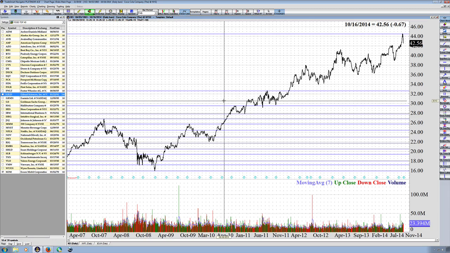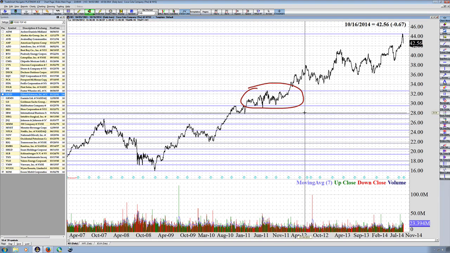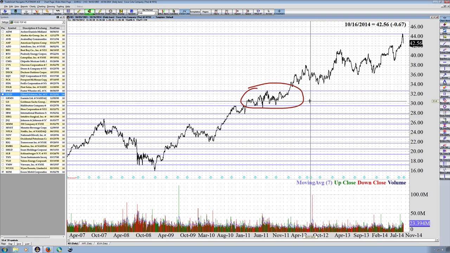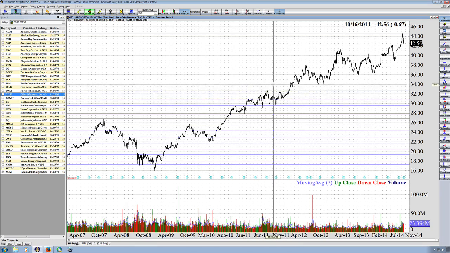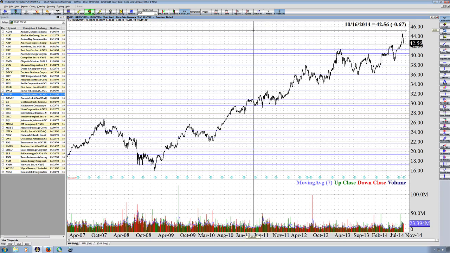Now, when you get into an area like this that has a lot of congestion, I could draw a lot of lines in there. I've done a lot of this, so I know where the main turning point is, and I can look between the lines and tell that right there in the middle is really the main turning point. So I'm going to put a line right in there. But oftentimes you'll get congestion like this, and you'll have a lot of turning points in the same spot. So now all I'm doing is drawing my turning points, connecting the dots, connecting the turns, the support and the resistance. And what I'm hoping you're starting to see is, my goodness, it's almost like Coke has been trading through a grid.